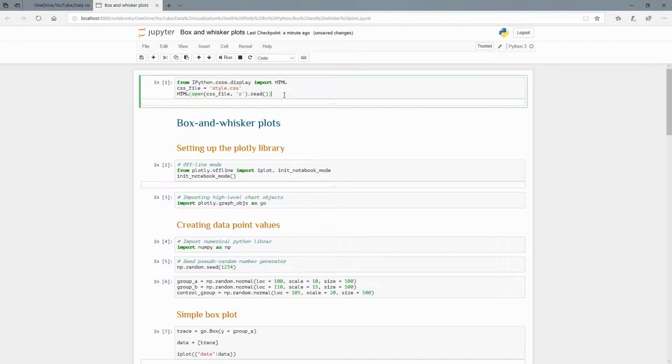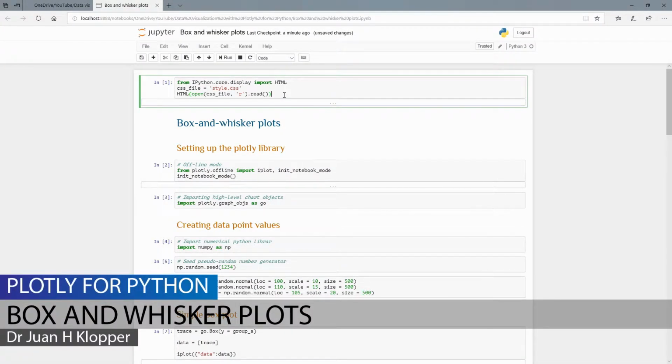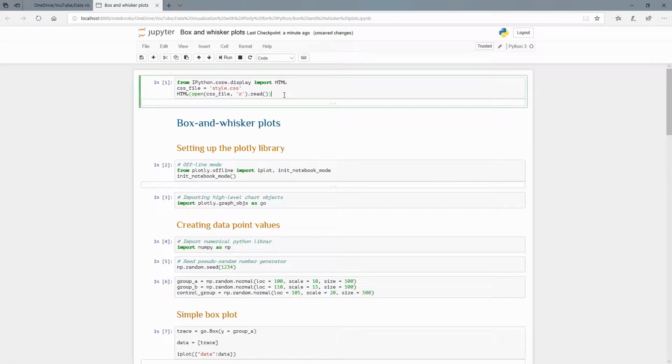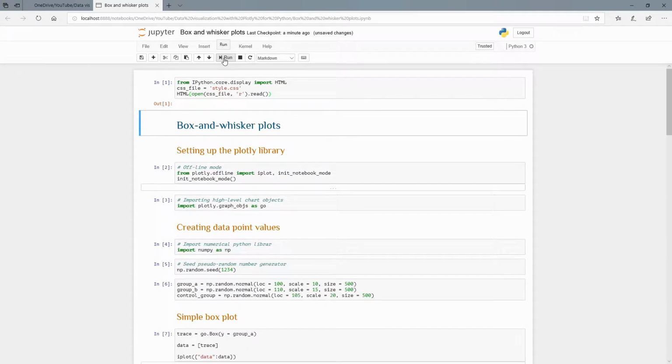So here we are in another tutorial. We're going to talk about the box and whisker plot, and it is a very common type of plot to use and quite informative. Now we're going to import the cascading style sheet, style.css, as we usually do,